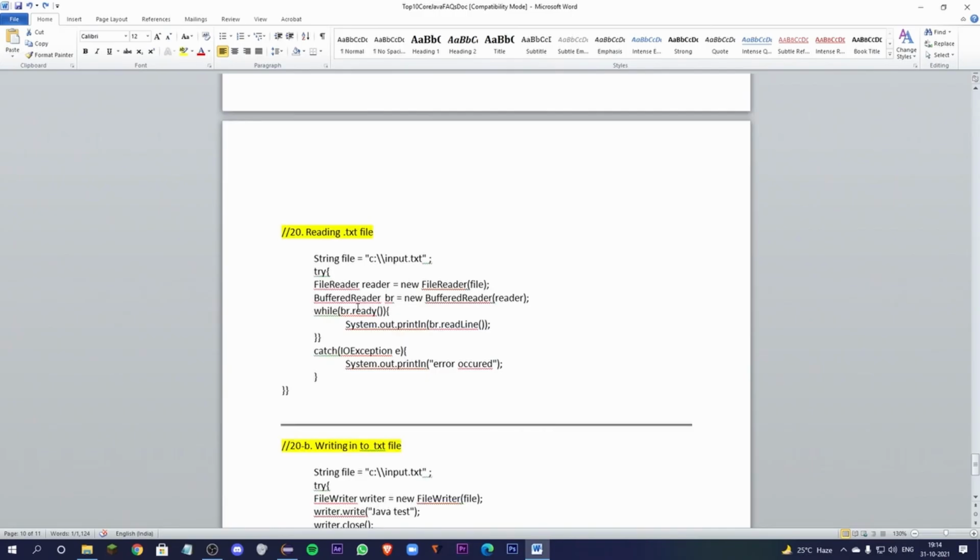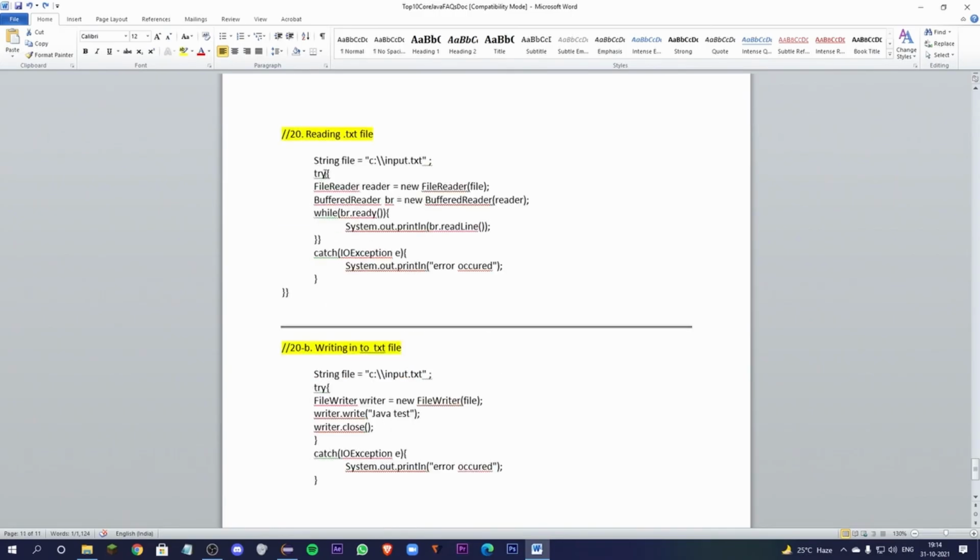Coming to reading a .txt file, so we have two things here. One is FileReader and FileWriter. The only difference here is, here we will be using BufferedReader, here we will be using FileWriter. So FileReader and